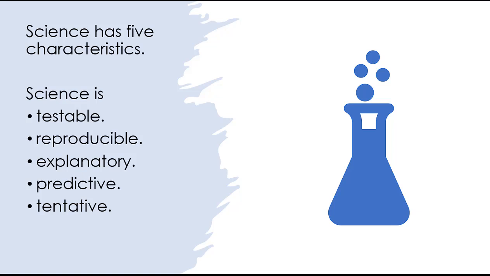So science can change, even though it should be reproducible and predictive. But once we understand something at a deeper level, all of a sudden its meaning may change, right? So tentative,